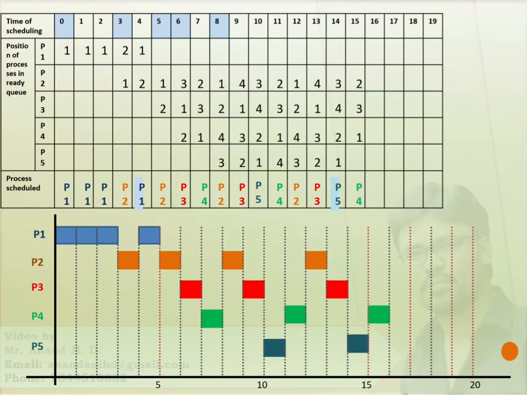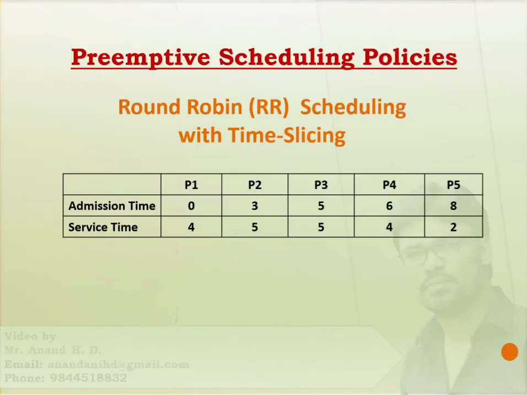Okay, so at 16 time units, there are 3 processes P2, P3, P4 with P2 at first position, P3 at second position and P4 at last, that is third position. So out of these 3 processes, P2 will be selected for scheduling and it will be executing from 16 to 17 time units. So now if you look at the question, P2 is having a service time of 5 time